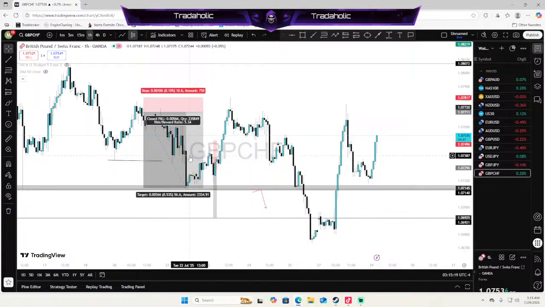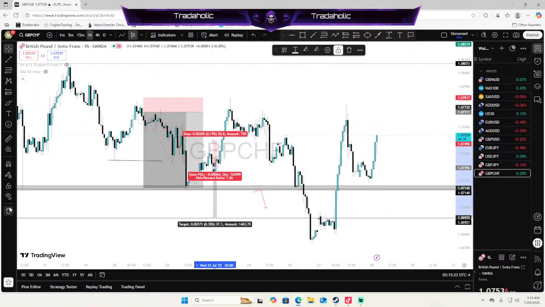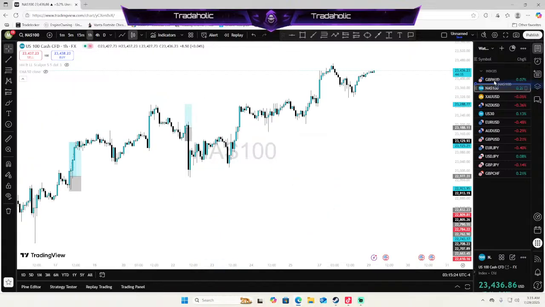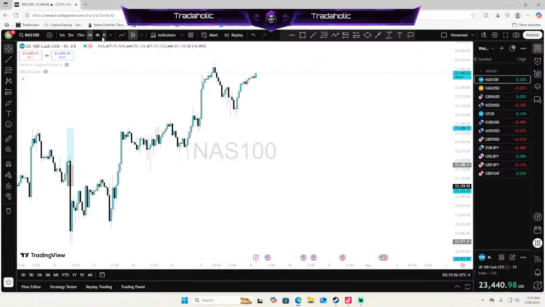Gold look good as fuck, but let's start off with NAS 100. You doing EU USD tonight? I don't know. I'm gonna break down everything that I'm looking at. I'm gonna break down everything that's on my watch list first, then I'm gonna see what I'm focusing on for today. We're gonna start off with NAS 100. Let's see what we're looking at. Just looking at NAS 100.